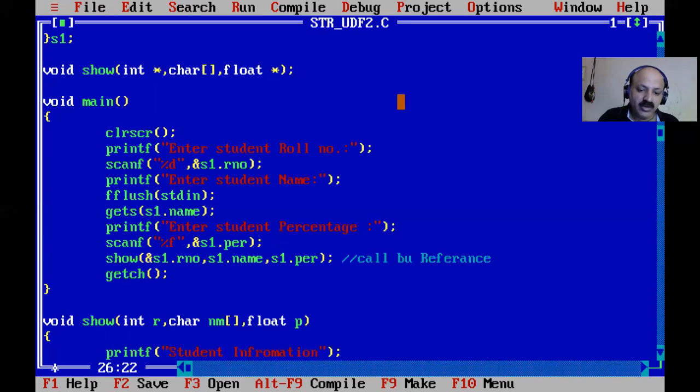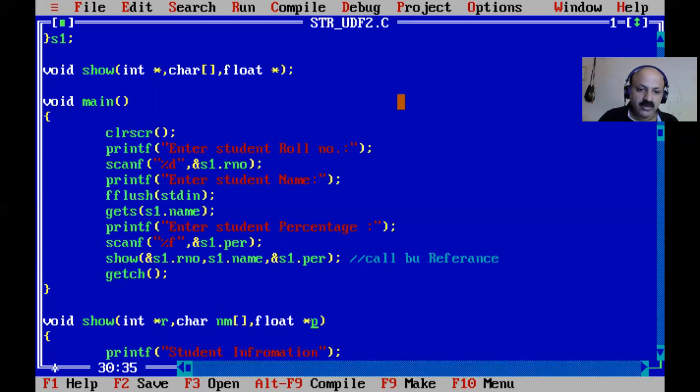So here we cannot take the ampersand, that is wrong, because that would be the address of an address. And here we can provide the ampersand sign. Here the integer pointer r is already a 1D array pointer. So the name is copied into nm, taking the whole string, and that is already the call by reference technique.